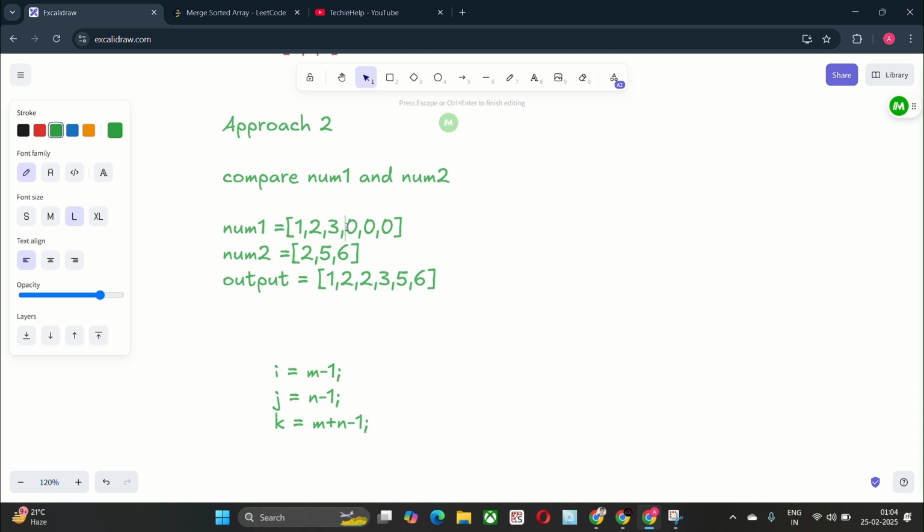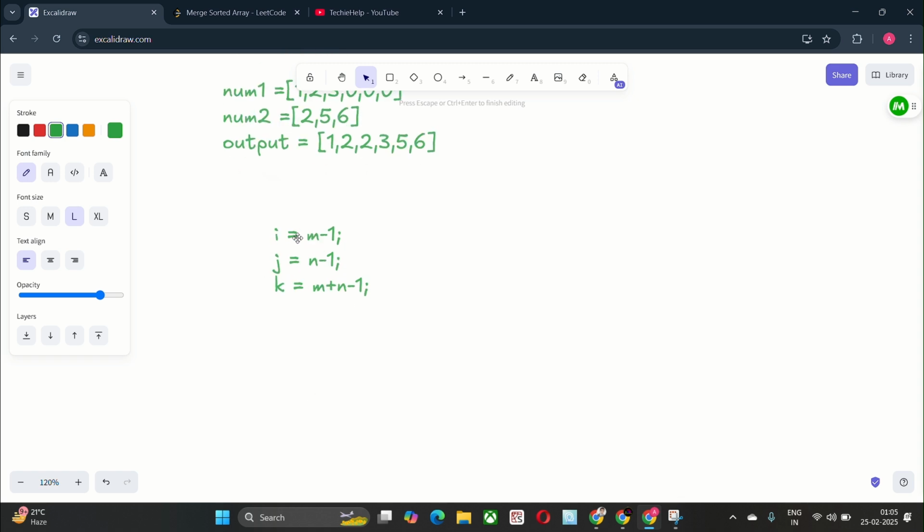The third 0 is compared with 2, and 2 is greater than 0, so 2 is placed, and 3 is placed in its position. But since we are comparing nums1 and nums2, and 3 is greater than 2, what we do is replace this 3 by 2, and 2 by 3. Now it is a sorted array in a line.